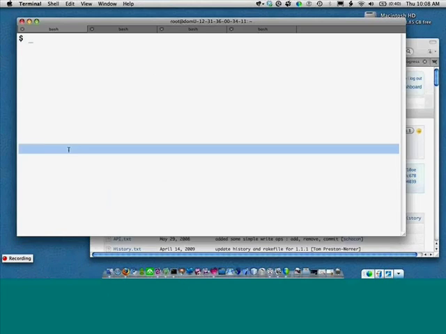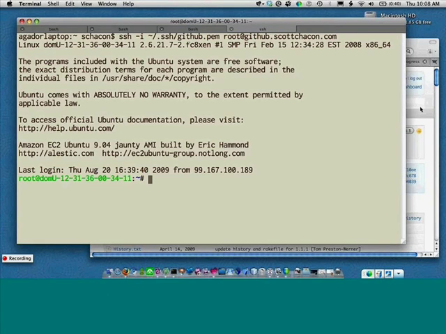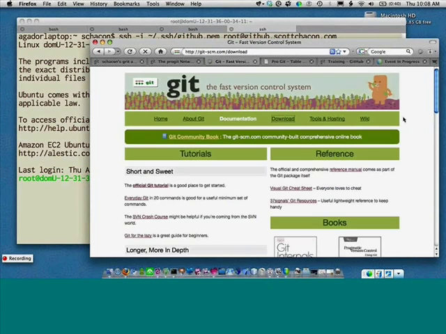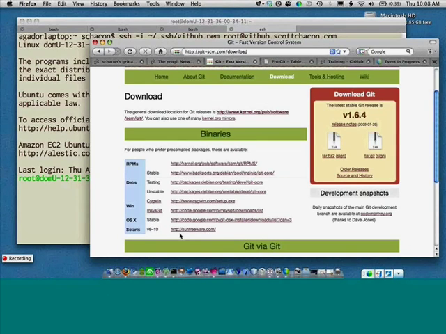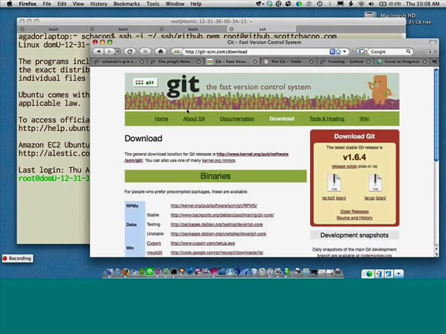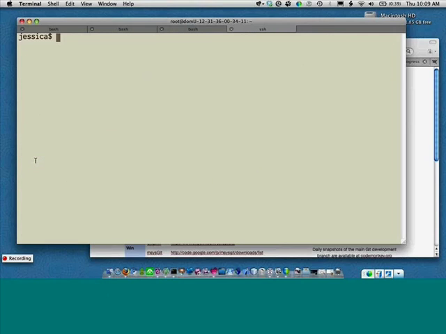The first thing I'm going to do is show you how to set up a Git user. So what you're going to want to do is go to the download tab here. There's a whole bunch of different ways of getting Git. So you want to get Git on your system somehow. But once it's on your system, you need to set it up. So if I'm a new user and I have Git on my system and nothing's set up yet,